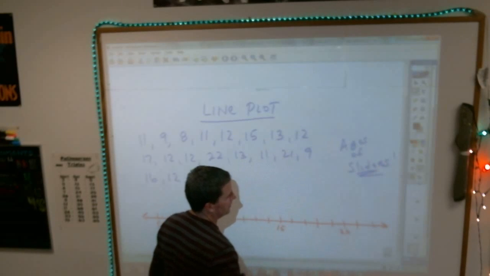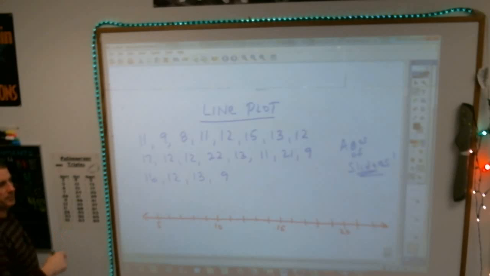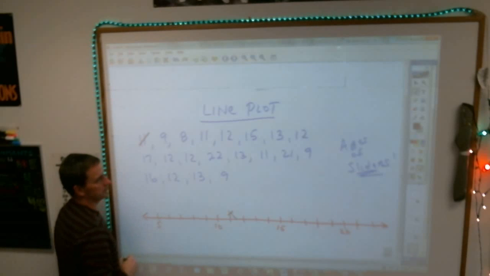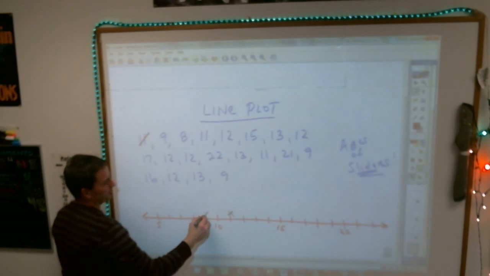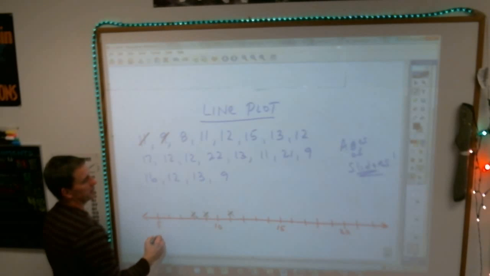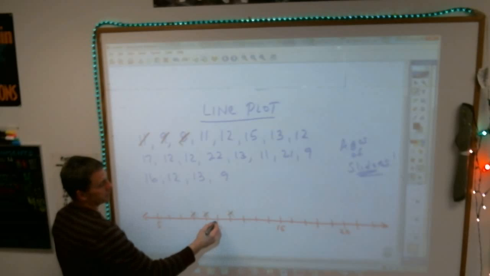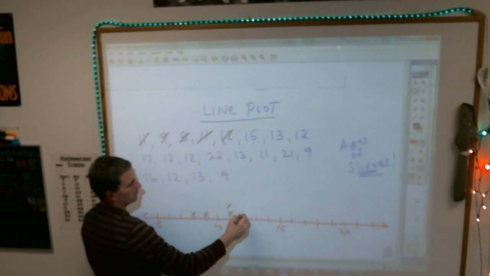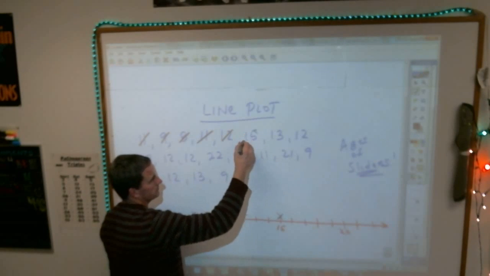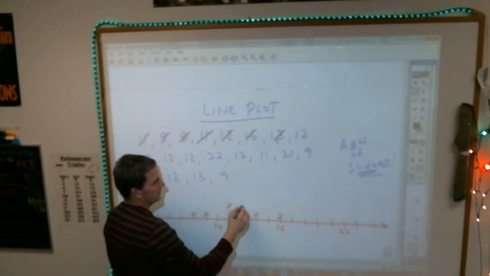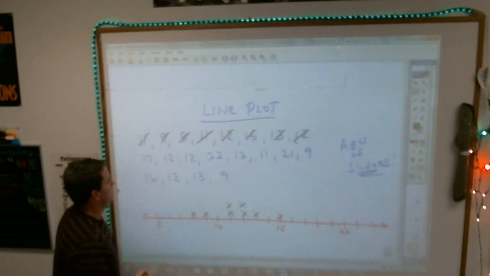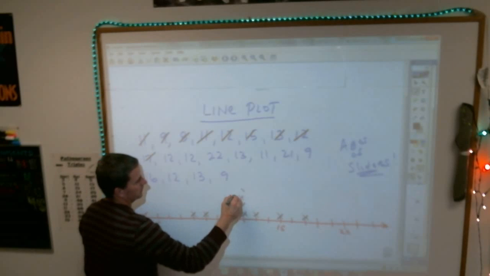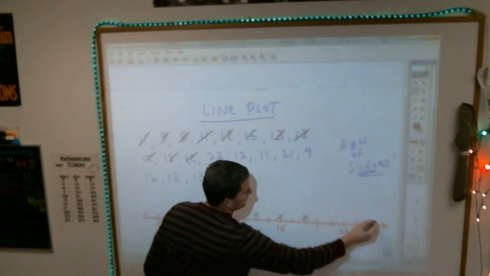And what you do is, for every age, you put an X above the number where it shows up on the line. So here's an 11-year-old, so here at 11, I put an X. Here's a 9-year-old, so at 9, I put an X. Here's an 8-year-old, so I put an X there. Another 11-year-old, so I put a second X above it. So for every 11, it's going to climb up there. Here's a 12-year-old, a 15-year-old, a 13-year-old, a second 12-year-old, a 17-year-old, 2 more 12s, my old 22-year-old,